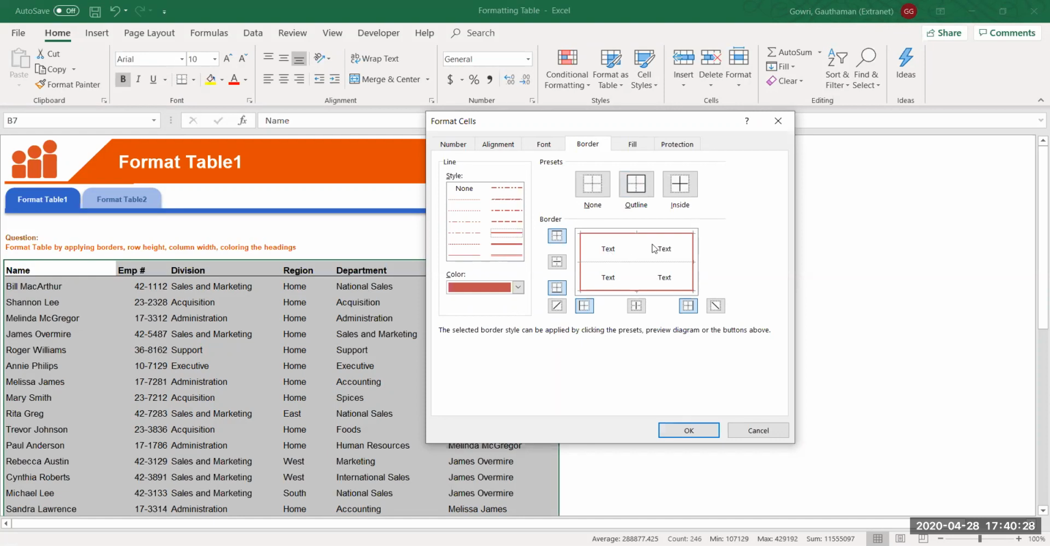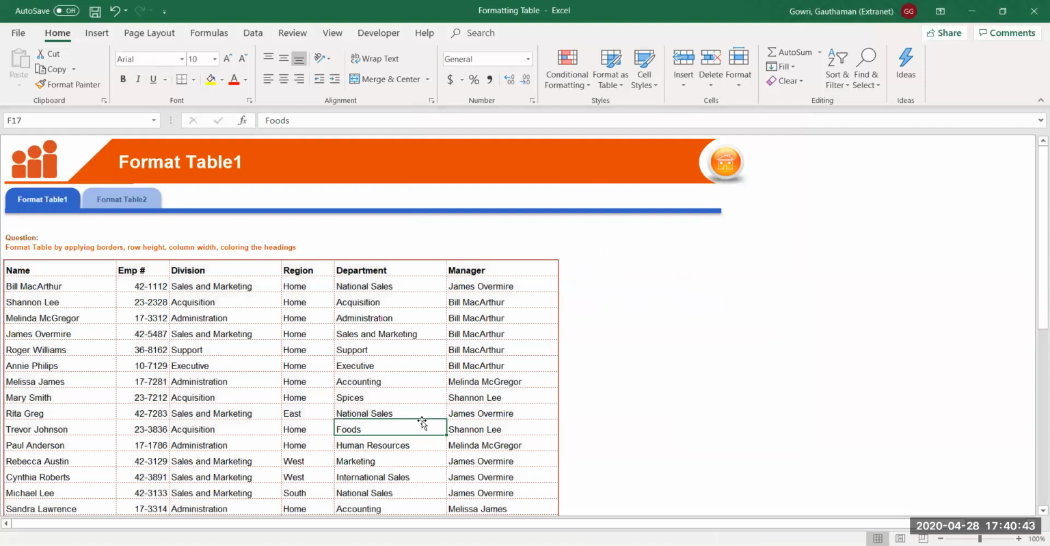You can see the preview here. And for inside borders, I'll choose one from the left hand side. I'll click on inside and you can see the preview here and click OK. Once this is done,